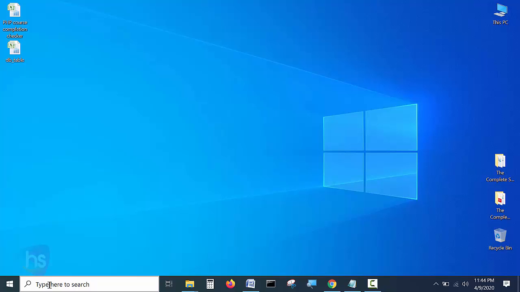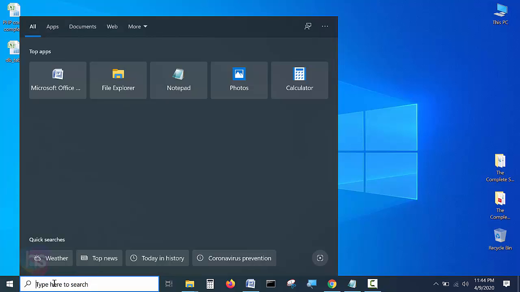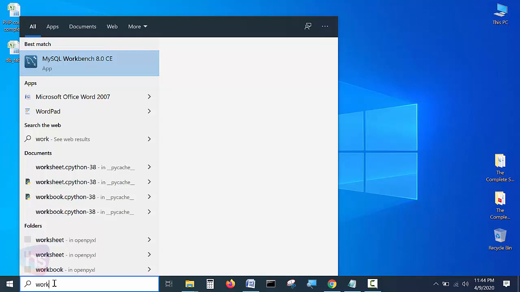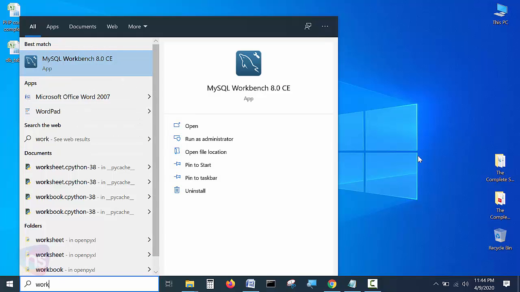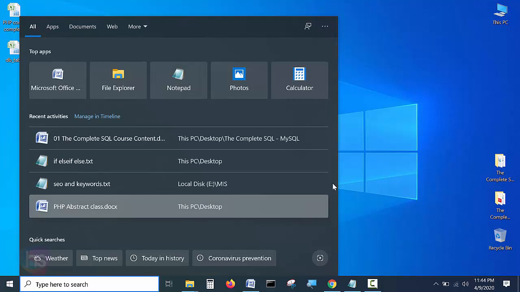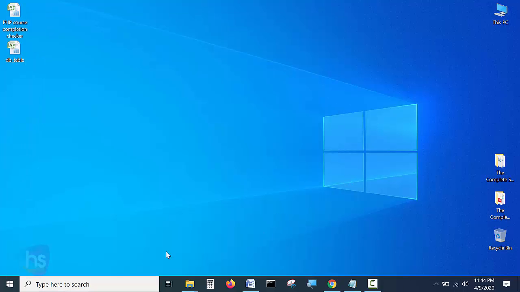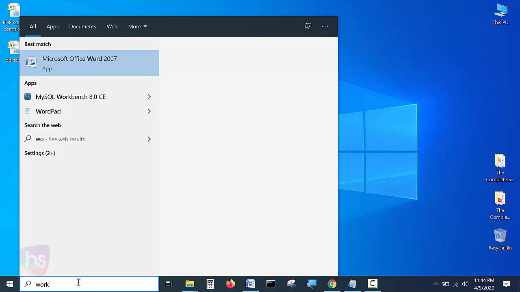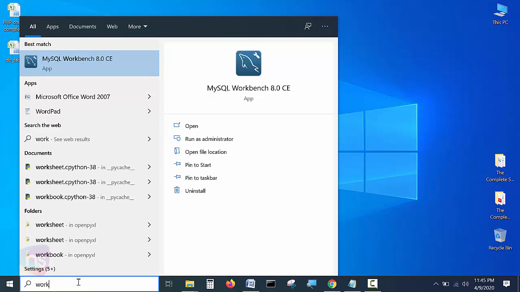If I type simply workbench, MySQL Workbench is displayed here. It's displaying MySQL Workbench 8.0 CE app.